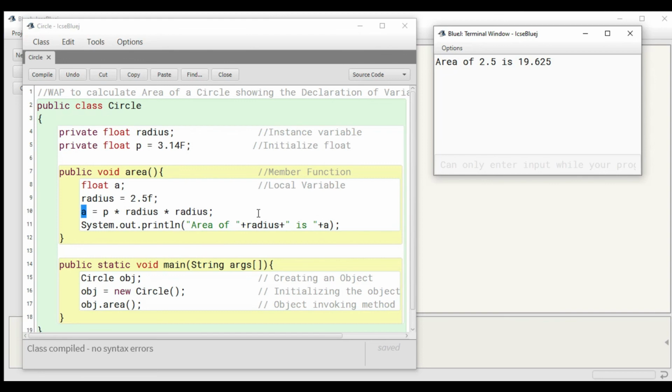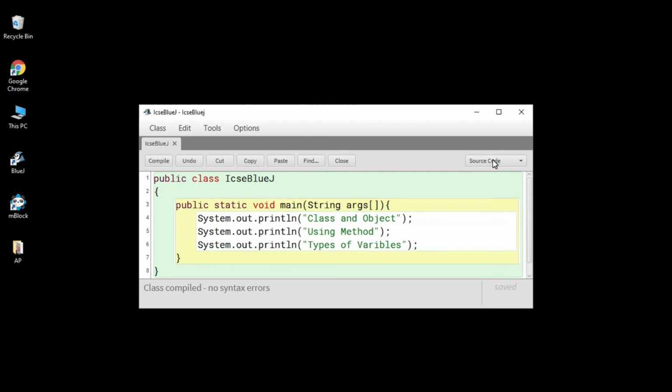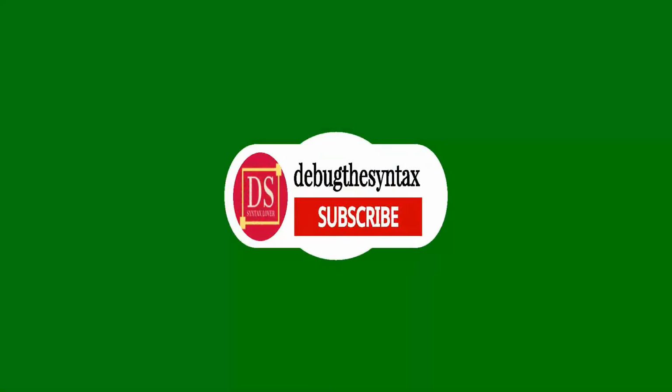So from this program, what you could understand is how we are creating the object, how the object is invoking the method, and what a method can work on. A method can work with an instance variable, a method can work with a local variable, a method can perform some calculation, and then a method can perform some display operation, because of which you will see the output coming up. So that is what this program was all about, and in my next program we will deal with the static variable, so that you can find out the difference between different types of variables. Okay, thank you so much.